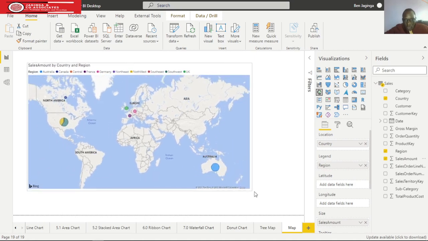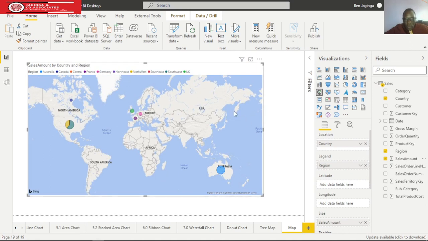So here you can see we have bubbles, and the bubbles are also different in color, and the difference in color is being represented by the